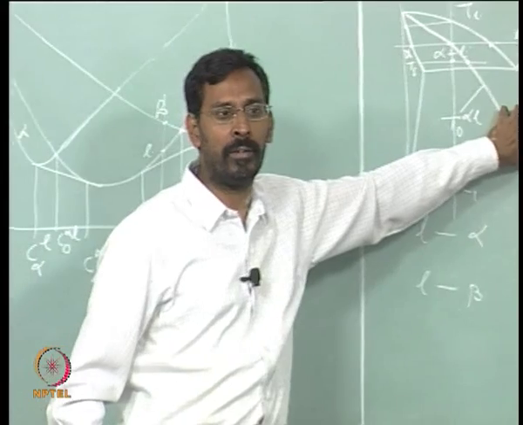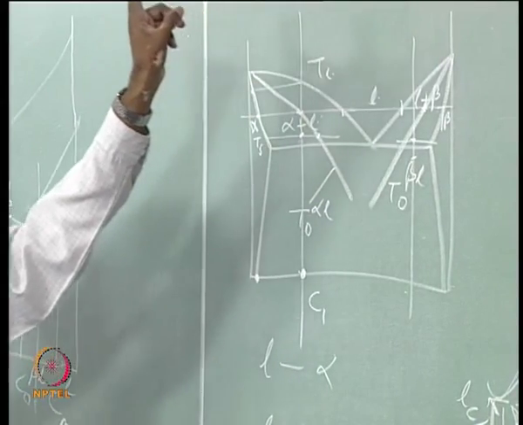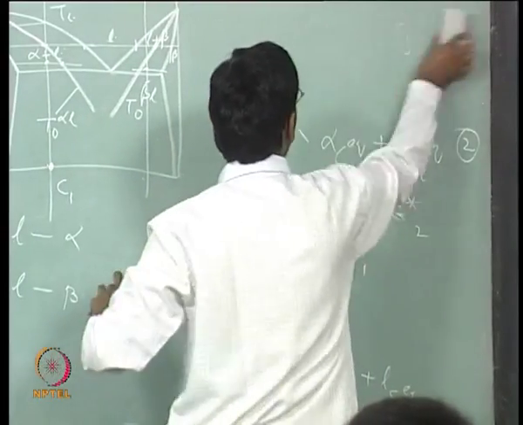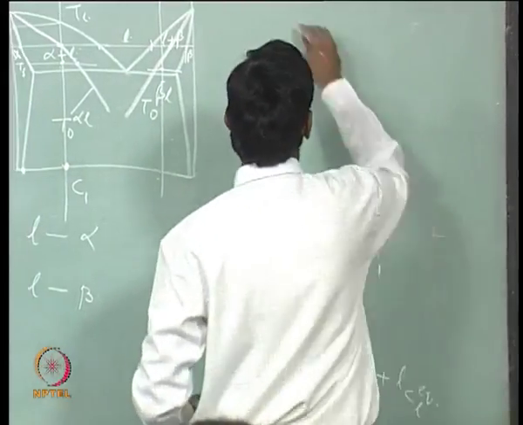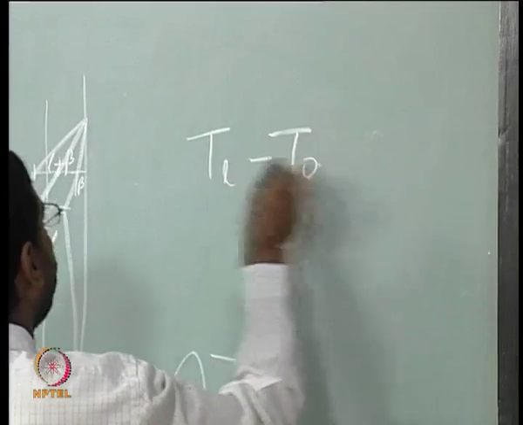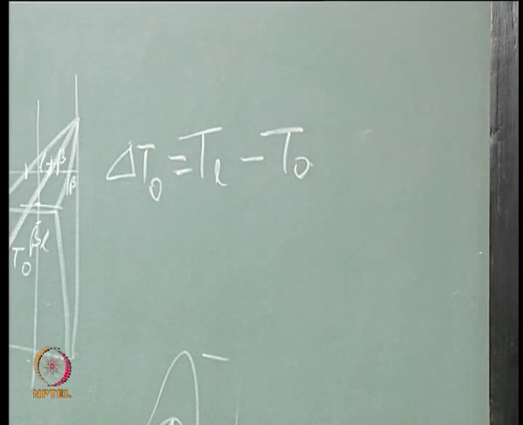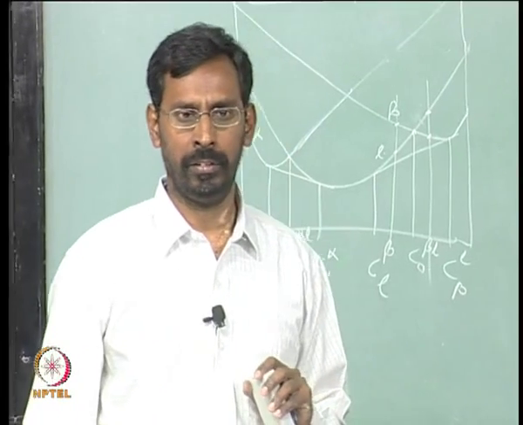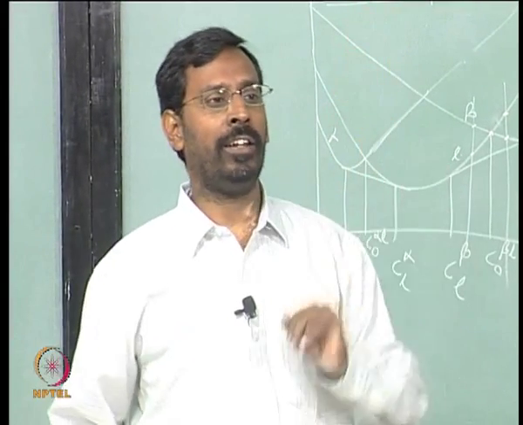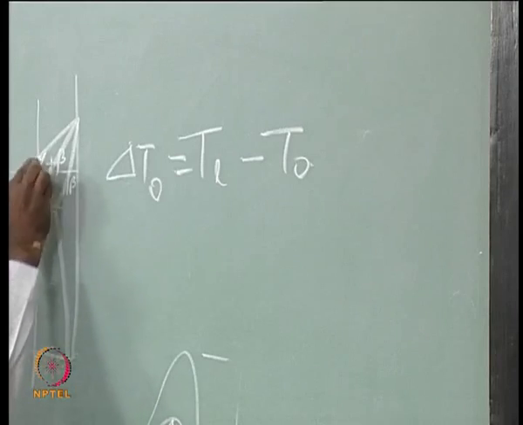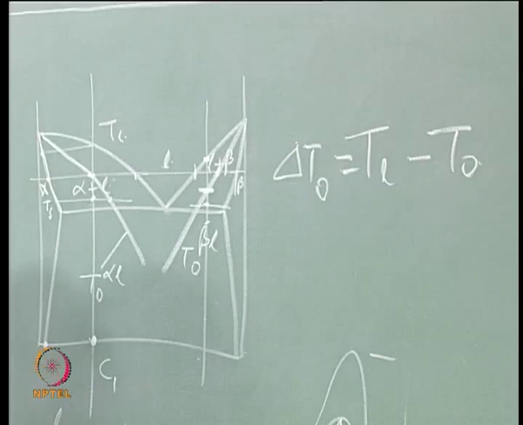if I undercool my liquid below the T naught, that is why this can be confusing, but this cannot be confusing. So, if I can undercool my liquid, what is the undercooling that I need to give? I should give a minimum undercooling of TL minus T naught. This is the undercooling that I need to provide. For a given alloy composition, if I can calculate what is the T naught and if I know the TL for that particular alloy, now the difference between this minus this will give me the minimum undercooling that I should provide.